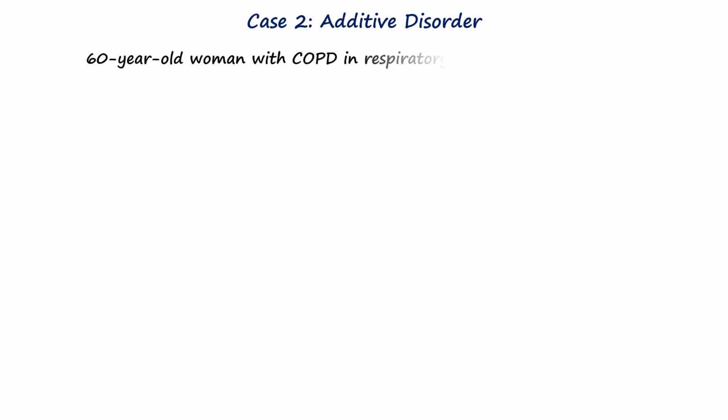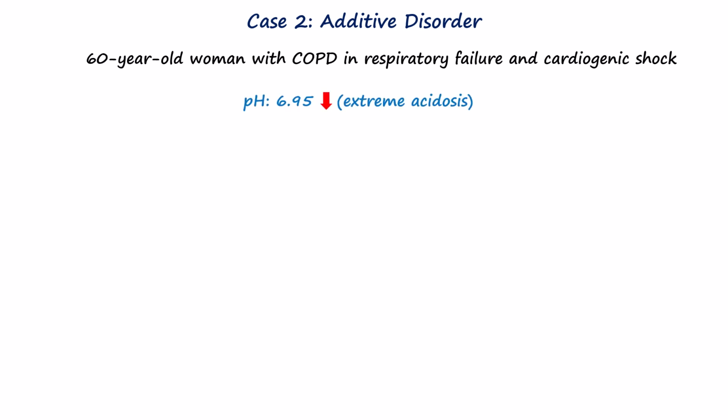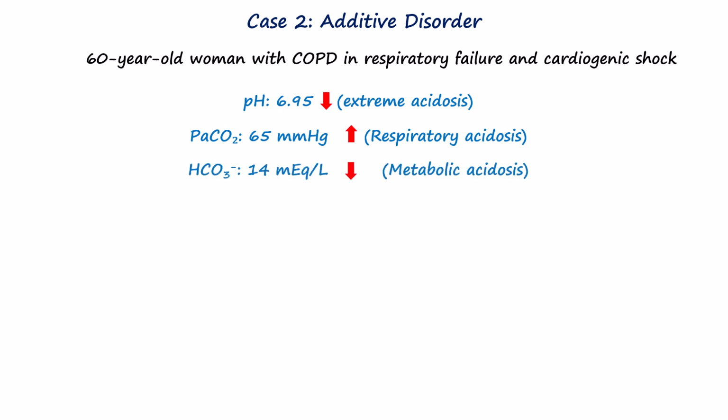In case 2, we have a 60-year-old woman with COPD who got arrested, leading to respiratory failure and cardiogenic shock. Her ABG shows extreme acidemia with a pH of 6.95. The high PaCO2 of 65 mmHg indicates respiratory acidosis from lung failure, while the low bicarb of 14 μEq per